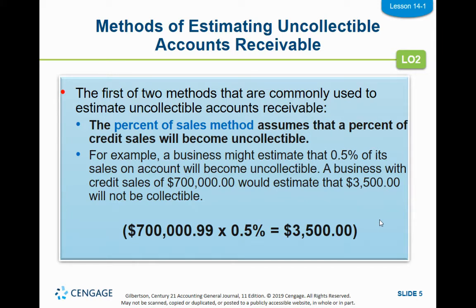The first one is called percent of sales method. And that's basically just where you can look back at history of your business and how much you've had in sales, and you have an estimate of what you think your sales account is going to be, and then you estimate a percent of that is going to be uncollectible. Typically, that is done by looking at, like I said, past fiscal periods and how much was uncollectible. So in this example here, if we had $700,000 in sales, and